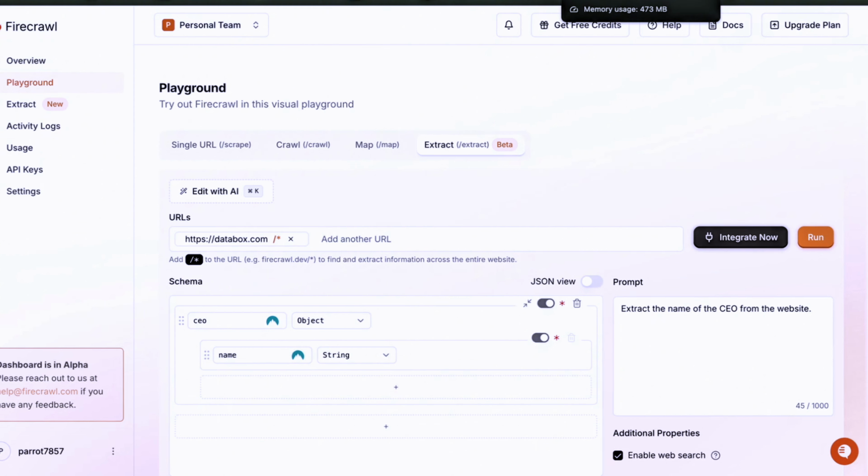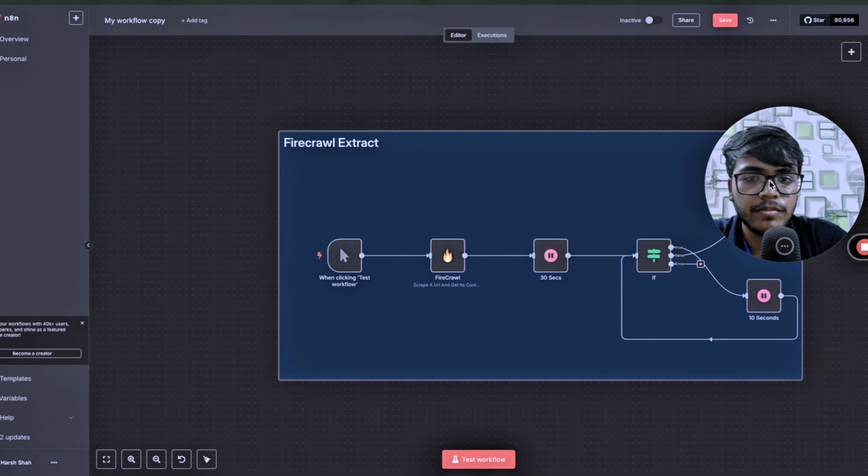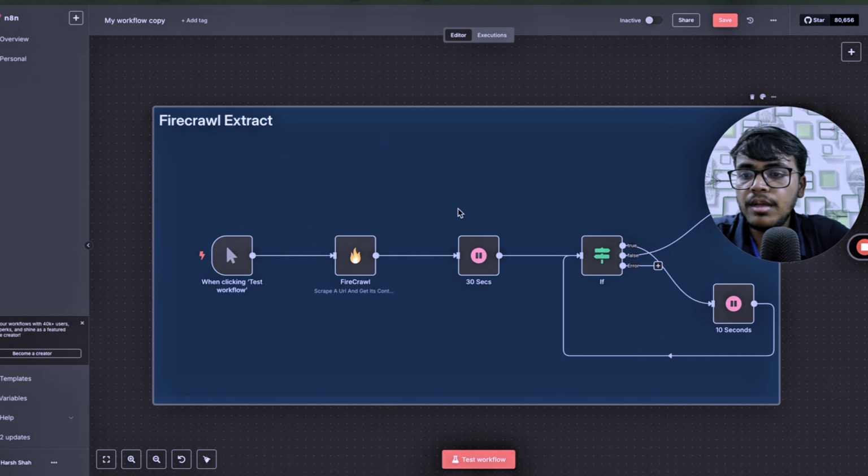Now let's see how we can integrate this Firecrawl in the N8N instance. I already have the workflow set up here, and let me show you this. So the first step is we need the Firecrawl integration. There are two ways of achieving that. If you know how to set up the APIs and everything in N8N using the HTTP node, you can do that as well. But if you don't want to get into that, what you can do is go to settings,